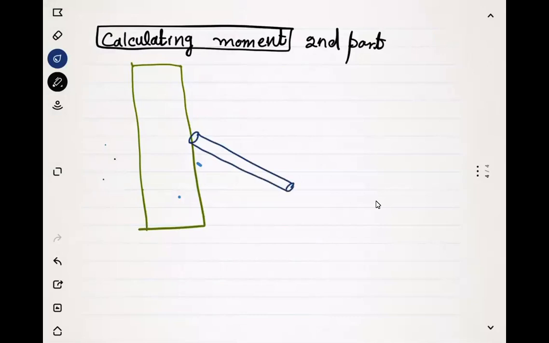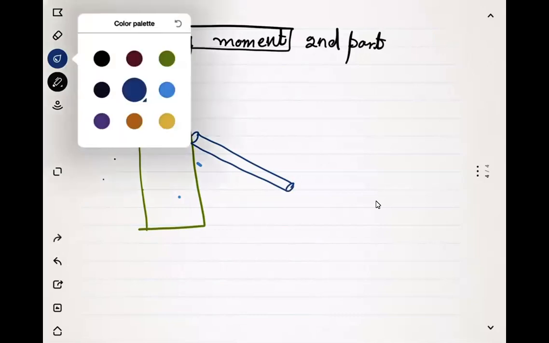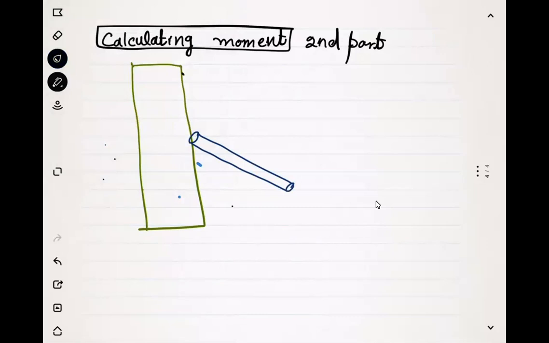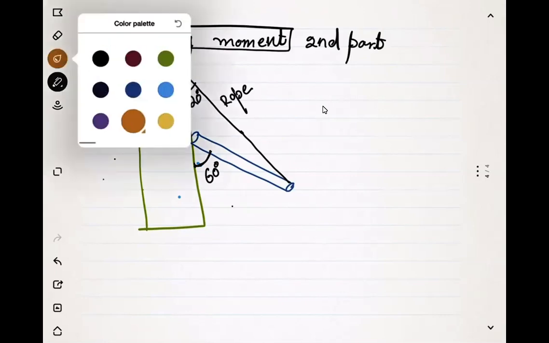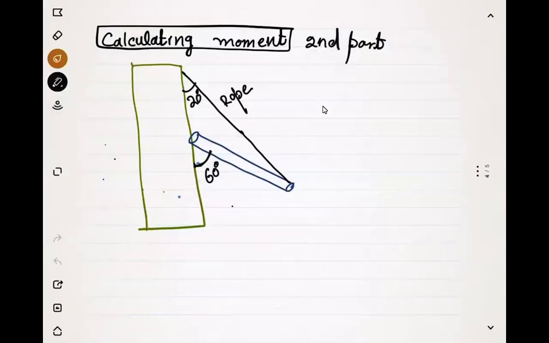if a rod is here and the rope that is supporting the rod, for example, if this is the rope, and let's suppose this angle is 60 degrees, this angle is 20 degrees. Now the forces on the rod are, for example, the rod is uniform and its length is,